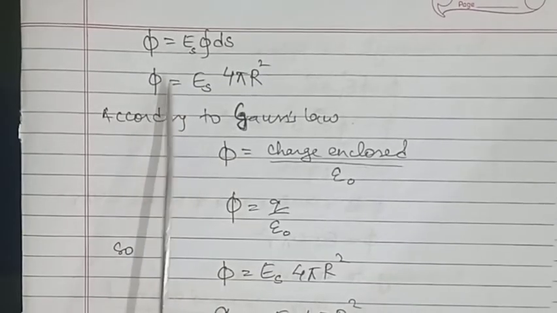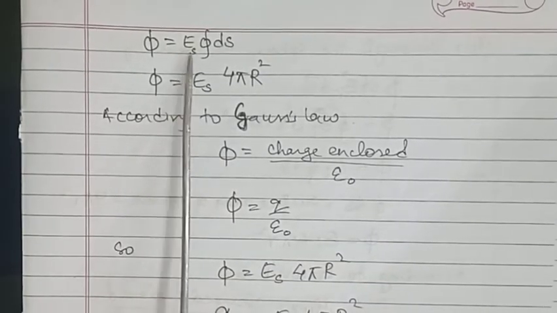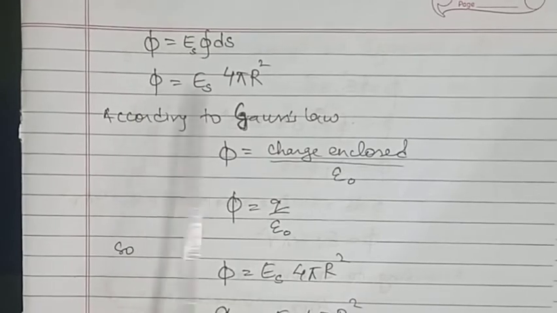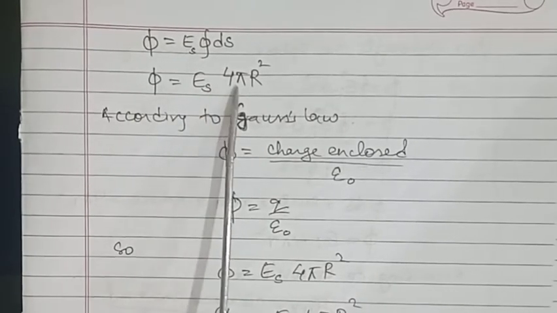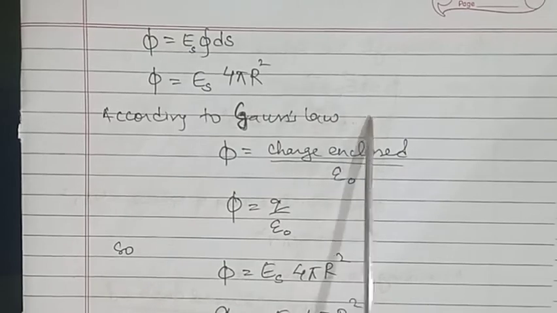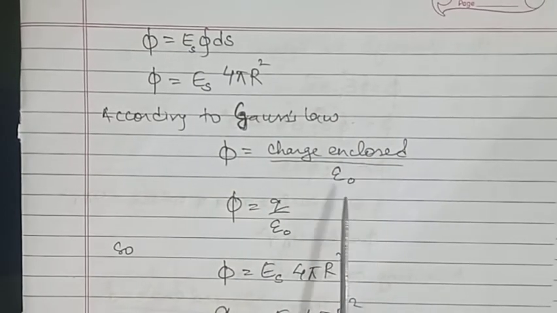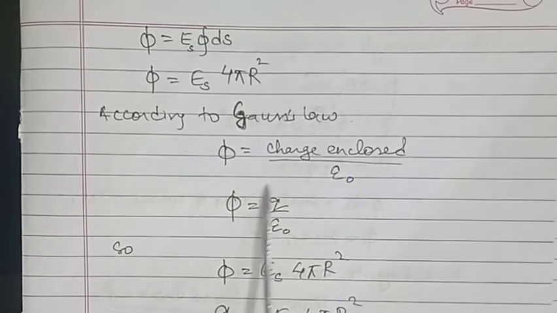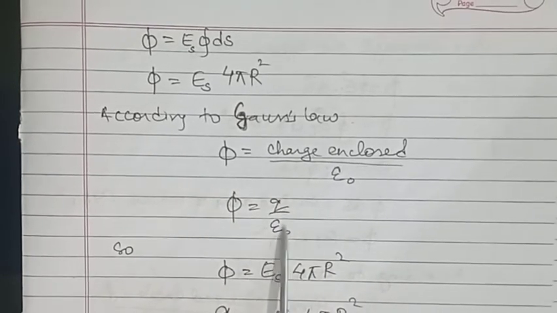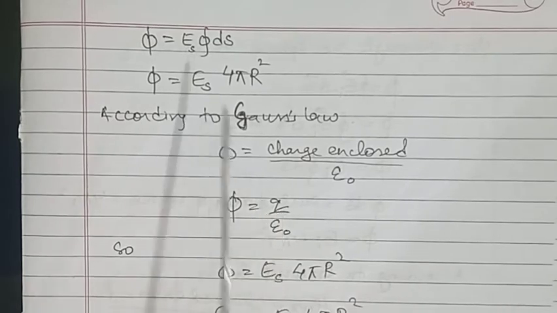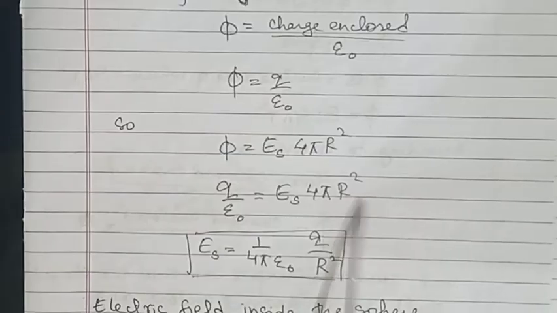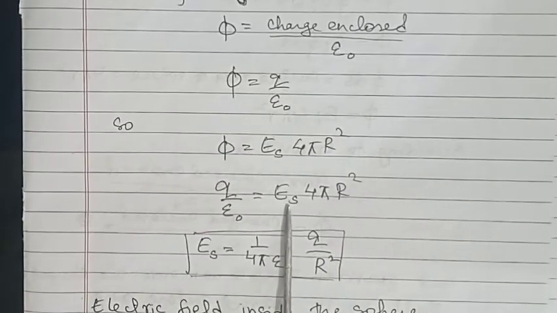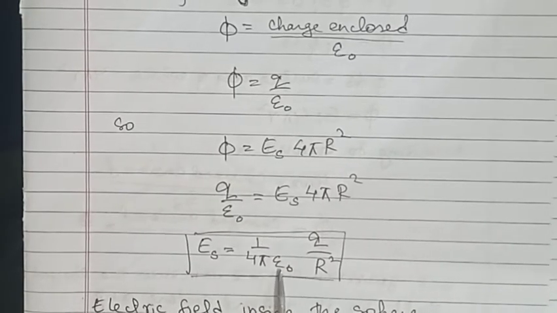Flux is Es integration of dS, which is flux is equal to Es 4 pi r square. So according to Gauss law, flux is charge enclosed by epsilon naught, and charge enclosed is the charge of the sphere, which is q by epsilon naught. So now comparing this and this equation, I can write q by epsilon naught is equal to Es 4 pi r square. So when you solve this, you will get Es is equal to 1 by 4 pi epsilon naught q by